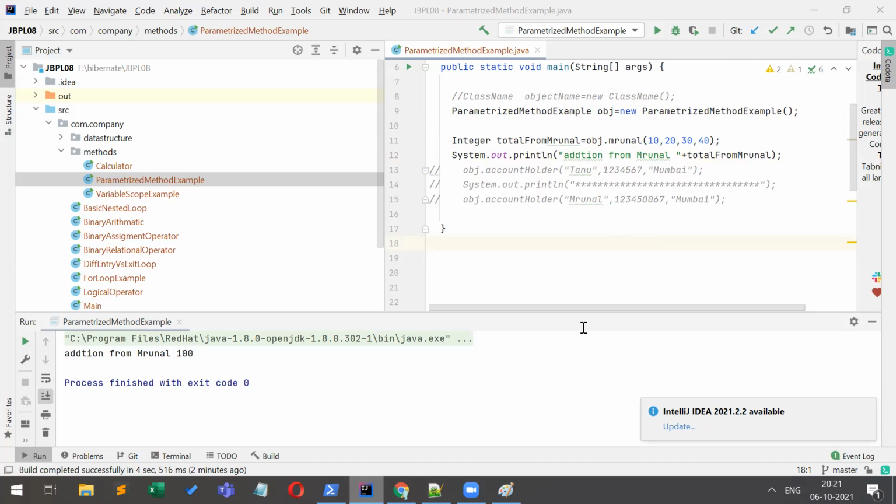Okay guys, Mrunal, if you have any doubt